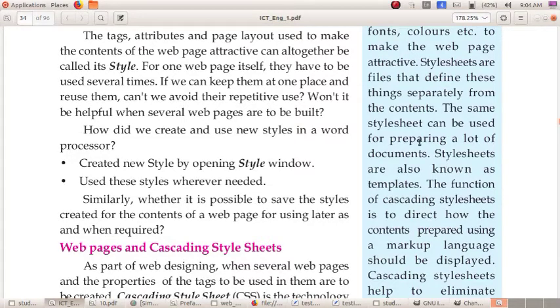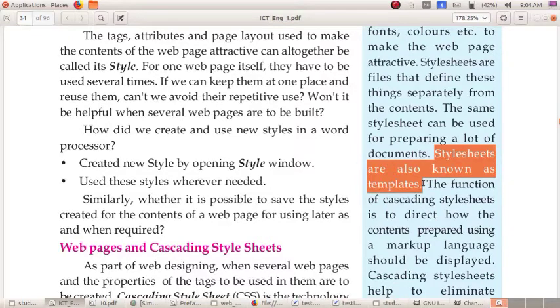See dear children, style sheets are also known as templates. Okay, I think you are familiar with templates by using your Android mobile phones. You have been making the collages. Okay, you are selecting 3 or 4 photos from your gallery. Then in the new model mobile phones, you can see that making collage. Okay, or you can stitch the photos. So check it in your Android mobile phone. That is the templates. Okay, so here style sheets, CSS, are also known as templates.